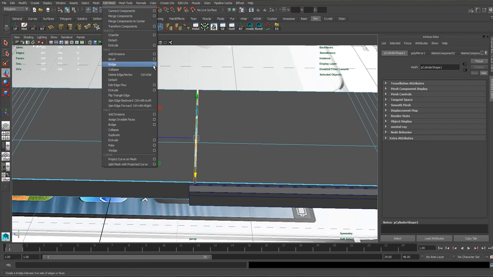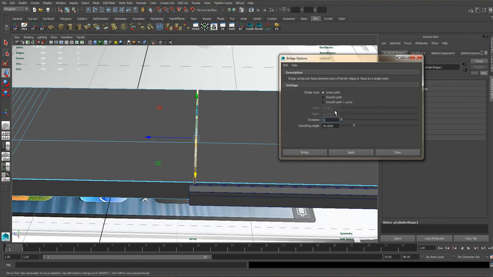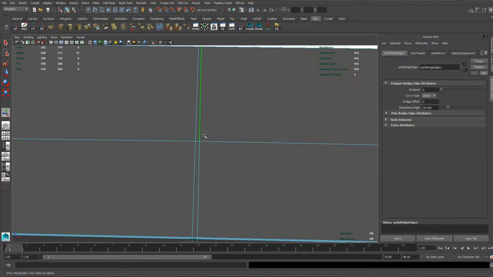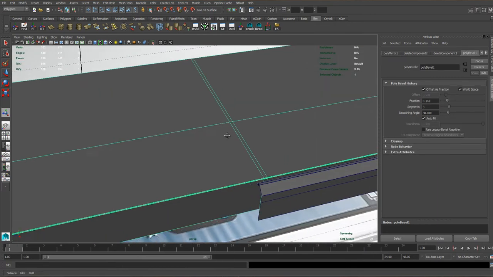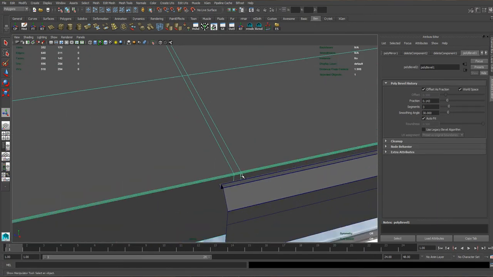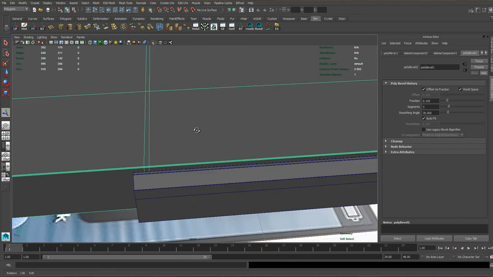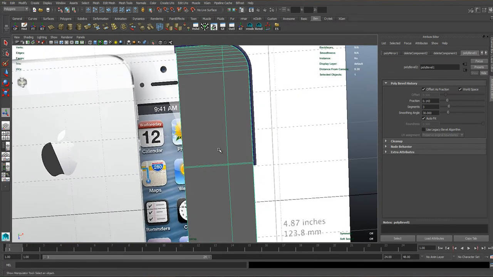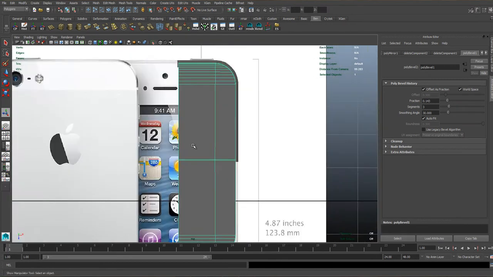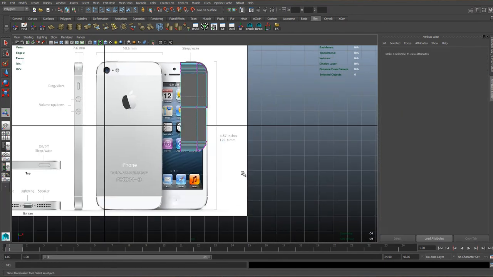Now when we hit Bridge, it's probably got a default of 5 divisions. We need to change that, so click on the options box by Bridge, and obviously mine is set to 0, yours might have 5 in it. Just type in 0 and hit Bridge, and it should work. If it hasn't worked, it's because you've got those annoying faces left from your bevels, which you will need to go and delete. But now that's worked, I can go to the top view, and I'm going to just select,